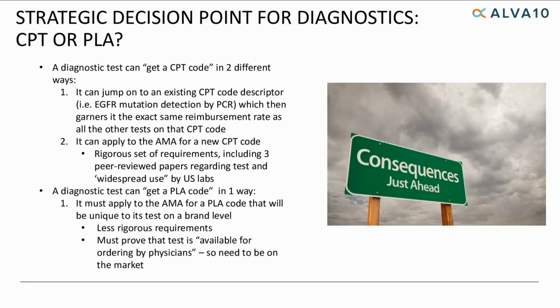Because there's no real way to prove a cutoff either. And they're not going to ask you for sales records or anything like that. Do you know what I mean? So I think they're looking for sufficient proof that your test is used outside of just your laboratory. Right. Yeah, exactly. Sounds good. Thanks. Yeah. So the PLA code is a place where that actually doesn't really come up, because the